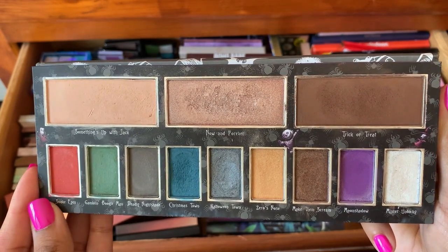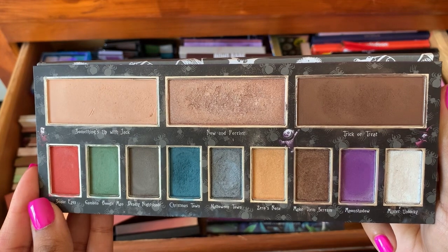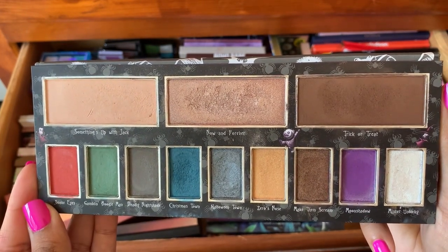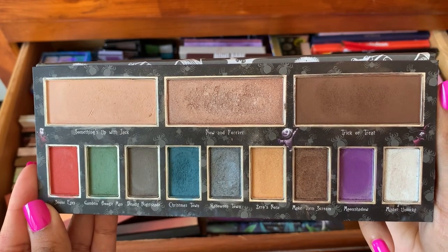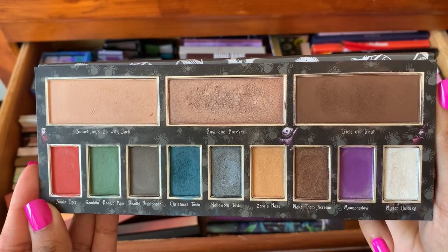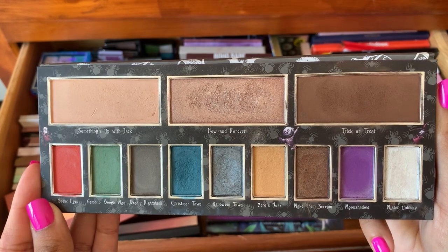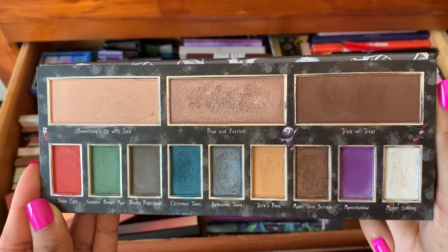I really like using the Now and Forever shade as a highlight. It works rather well. I like using this shade for setting my under eyes. I even use Trick or Treat as a contour shade. All of these shades work so well. So if you see this one at your local Hot Topic, I definitely recommend it. If you want to gift it or if you want to use it for yourself, the formula in here will